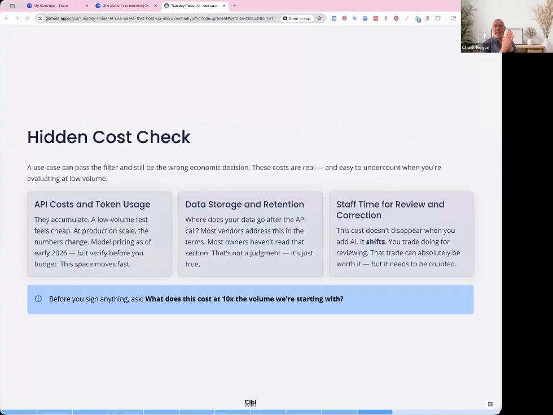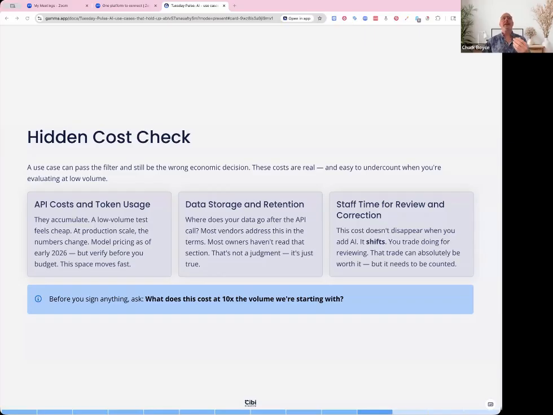Hidden costs. The use cases can pass all 4 filters, but then it can still cost a lot of money, because what most people don't see is the real cost of AI. They look at the subscription and it looks really inexpensive. You're running a few hundred queries, you may pay a few dollars. And so the more you use it, the more your token usage adds up.